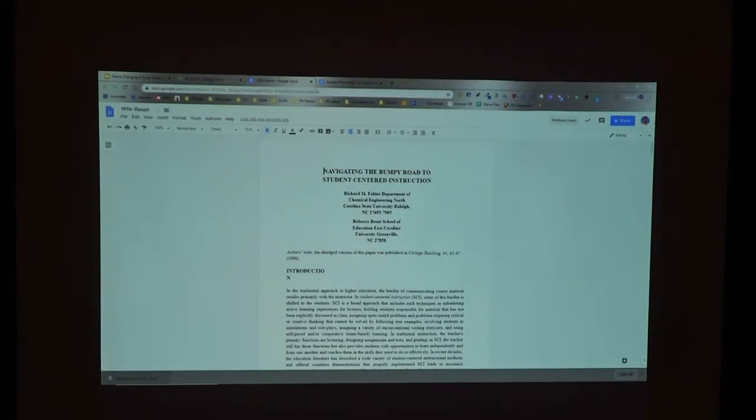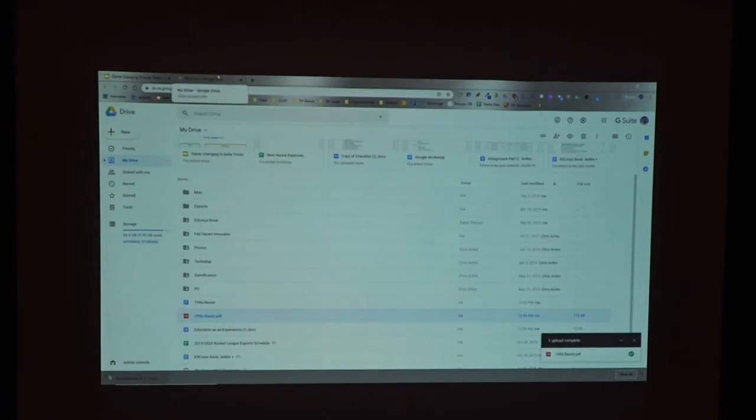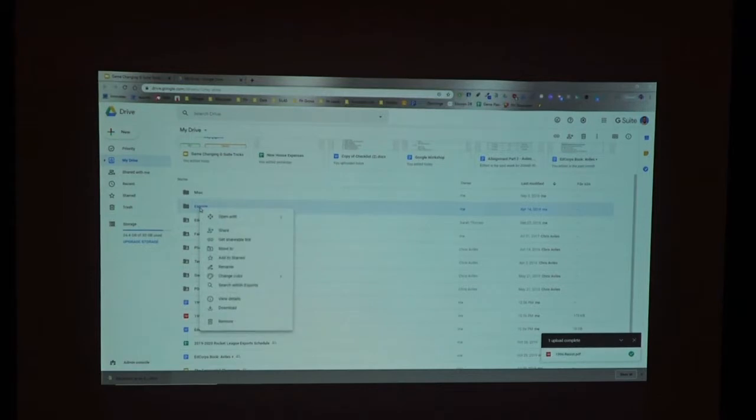The other thing too, I spend a lot of time in Drive, so I want to make sure my Drive is pretty. Right, you guys know that if I right-click, I can add folders, and then I can put folders inside of folders, and I can really organize my Drive. I can even right-click and I can change the color of my folders. I know a lot of people get very passionate about folder color, so if you want to color code your folders, if you want to put folders in folders, to me, right, Drive management is very sacred,